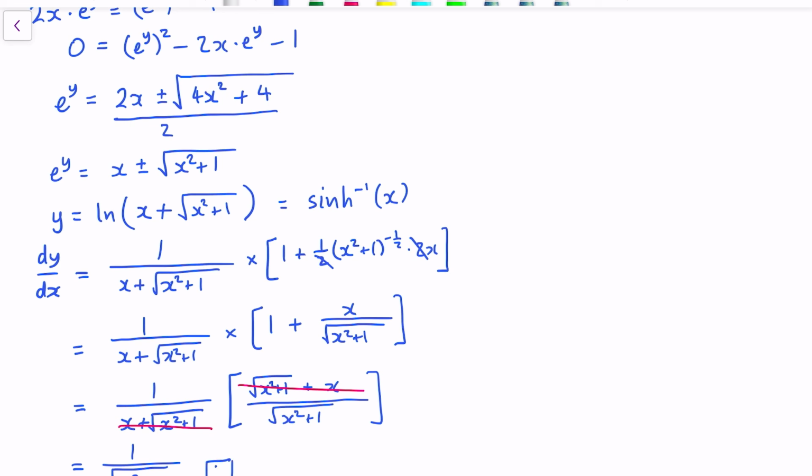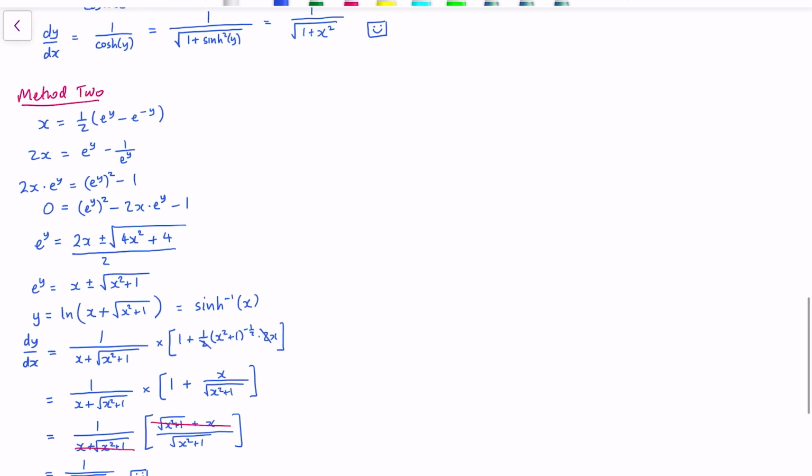Now that's a bit more tedious because in this method, we had to find the inverse function before we differentiated it. But that technique works for any inverse function. If you take a function and you switch out the letters and then make y the subject of it, you'll have the inverse function. Okay, now method 3 is something I was playing around with just before making this video,